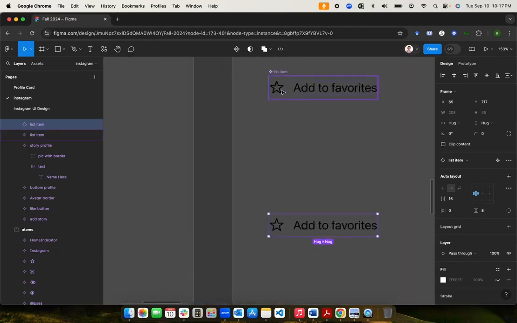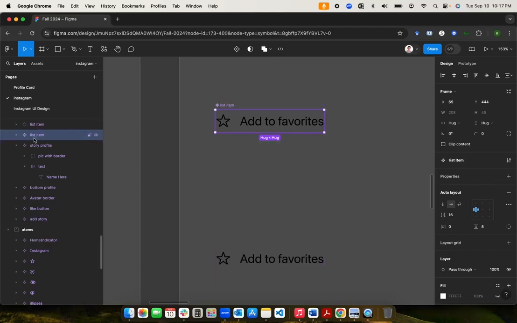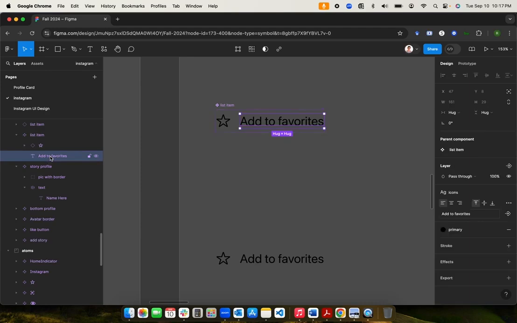Okay, to do that, you click on that component, right? And now go to the text which you want to be able to change. So go here, you will see that the same icon is over here too. This is for a very different purpose. It's a boolean property which basically allows you to turn things on and off. We'll look into this as well. So for now,